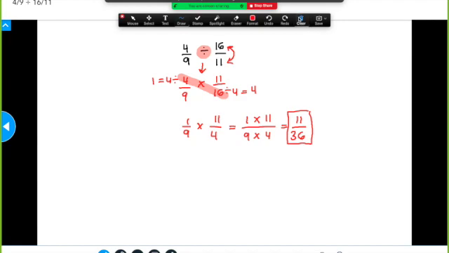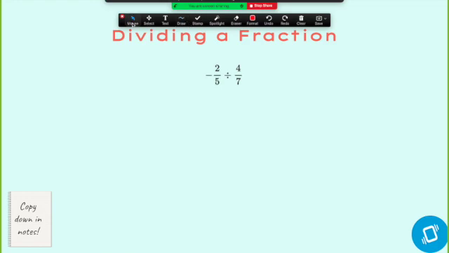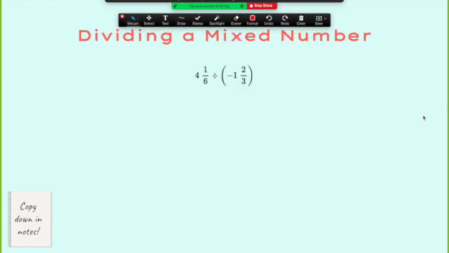So let me clear it. And then the last one is dividing a mixed number. We have here 4 and 1 over 6 divided by negative 1 and 2 over 3. So just like with multiplication, I need to change it to an improper fraction first. So right here, 4 times 6 is 24, plus 1 is 25. We would have 25 over 6 divided by